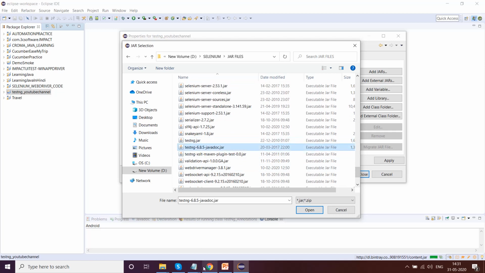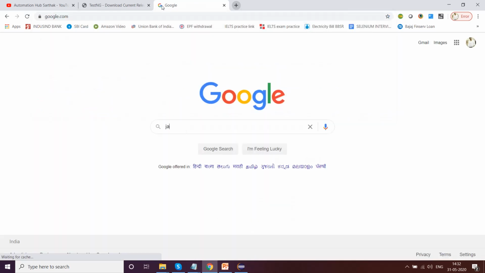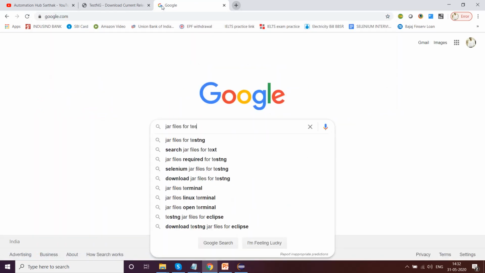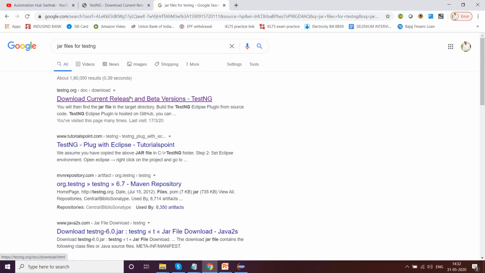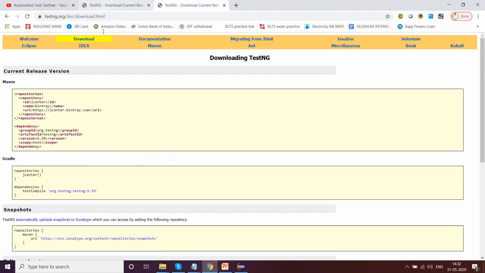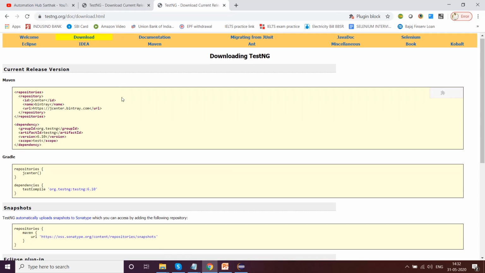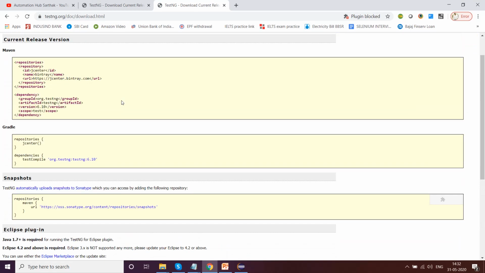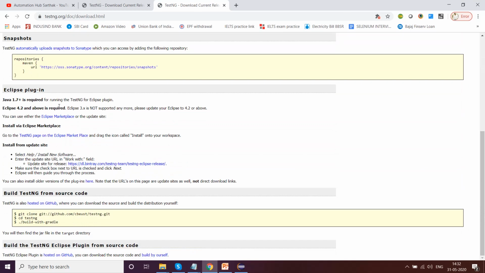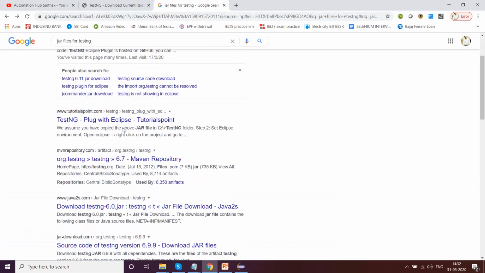You can go to Google and just select jar files for TestNG. Simple. You can go to this particular TestNG page and download either of the same. You can either download the Maven dependencies, which I'll tell you later, or else you can go to any other place and download the jar files.